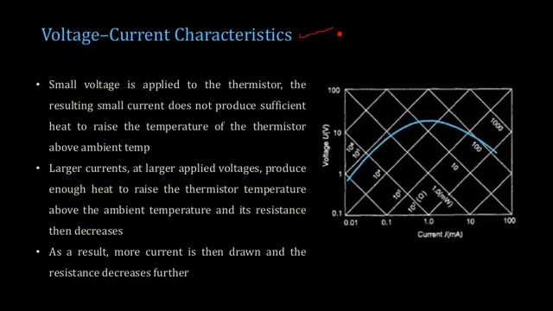Now second we'll see the voltage current characteristics. Here you can see that voltage is marked in volts and current in milliamperes. Once you increase the voltage from 0, initially when a small voltage is applied to the thermistor, you will have a small current. Initially there is no temperature change. You have a thermistor, and this thermistor is being supplied with a voltage source,